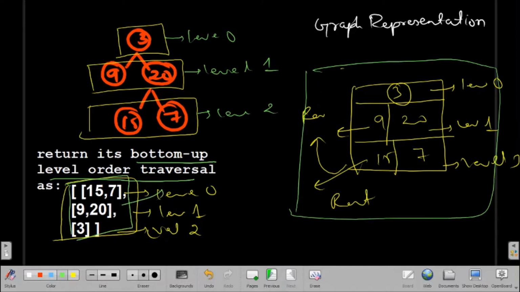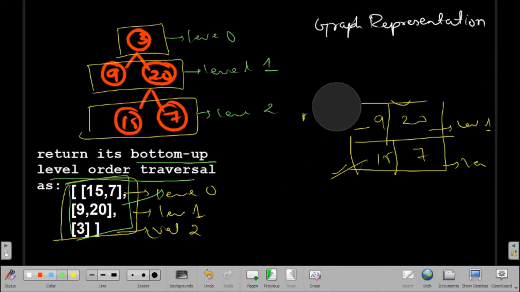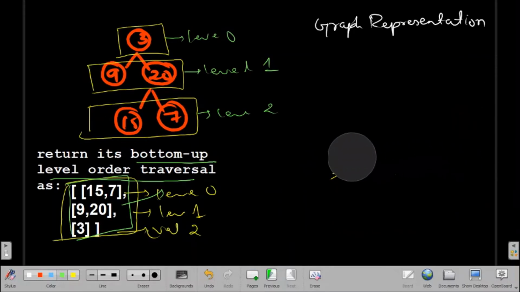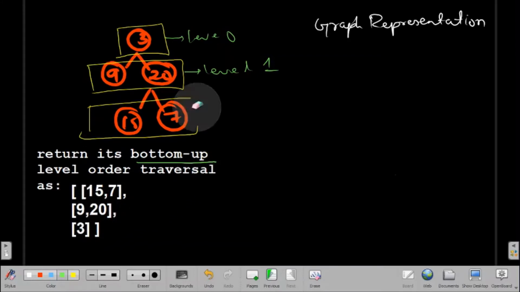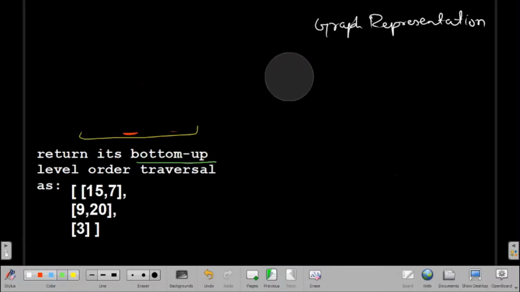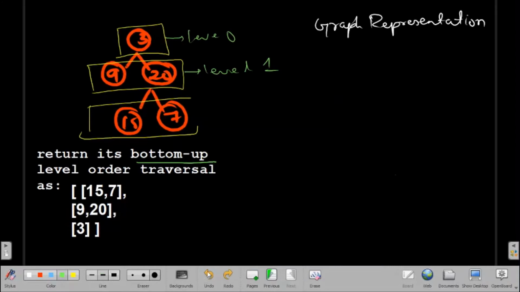So how are we going to solve it? We can solve this using both BFS and DFS, but we are going to use DFS.